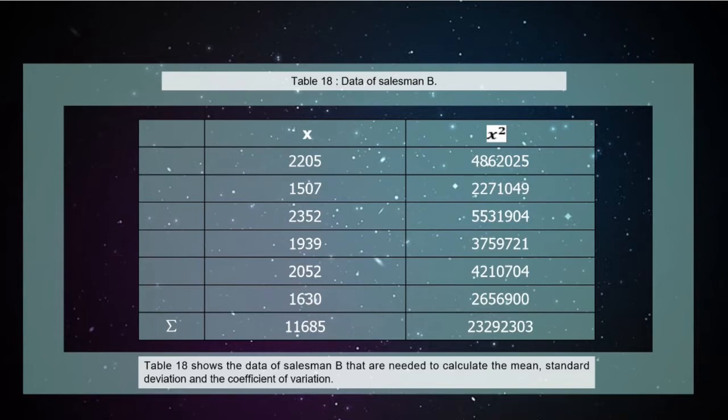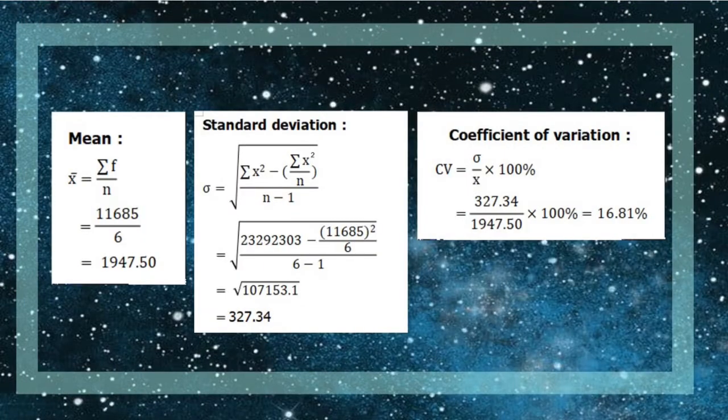Table 18 shows the data of salesman B that are needed to calculate the mean, standard deviation, and the coefficient of variation. The sum of x is 11,685, while the sum of x squared is 23,292,303. By applying their respective formulas, we can obtain a mean of 1,947.5, a standard deviation of 327.34, and the coefficient of variation being